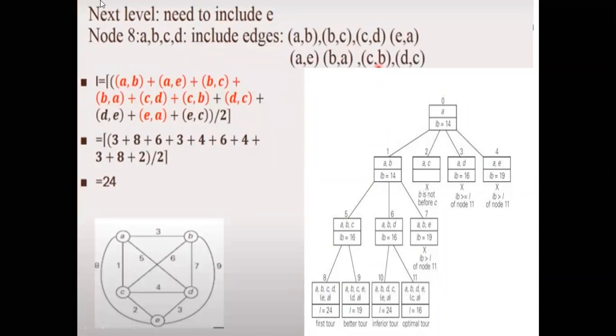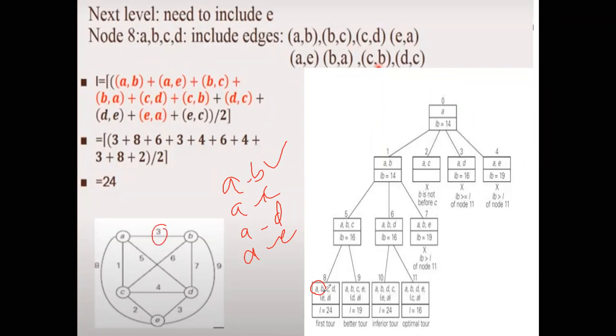Correct. So we'll go for this node 8. So if you see here, A, B, okay, let me write and show you. That will give you a clear picture. Right. So A to B, A to C, A to D, A to E. What we are telling over here is A to B, there should be a path. So this you write down irrespective of its cost. Irrespective of its distance, the distance over here is 3. So I should have A to B. Did you get this? Why are we writing A to B?